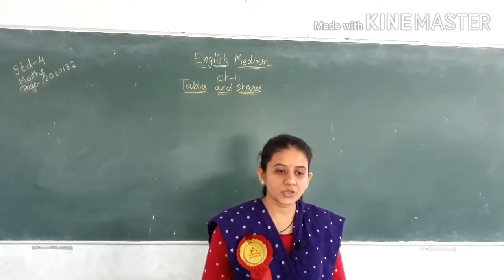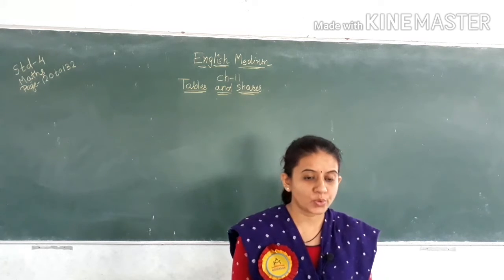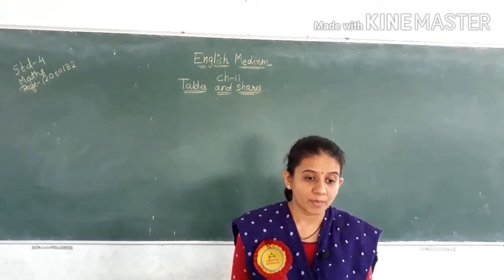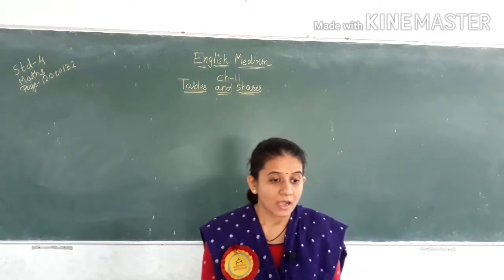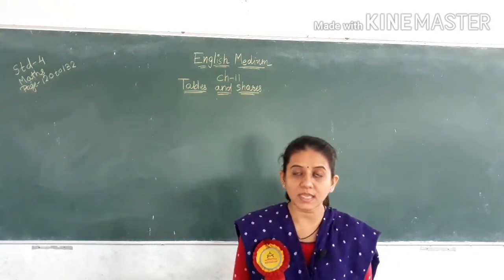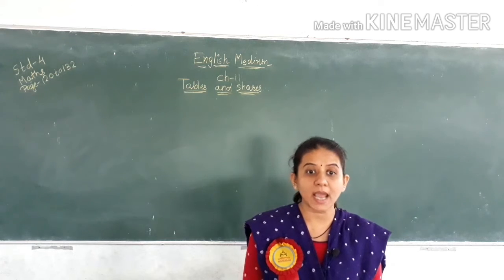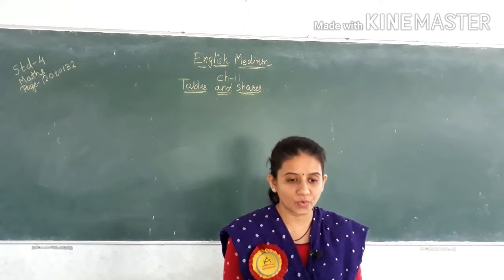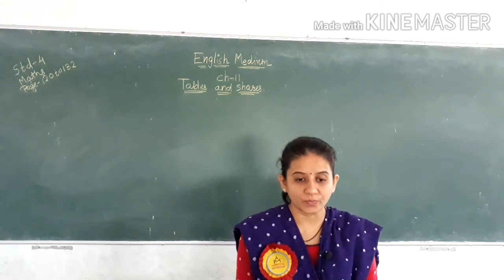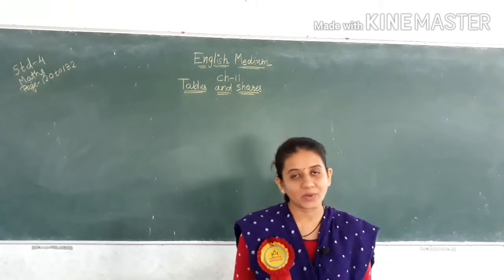Now next topic, children and their grandfather. Rashi, Seema, Mrudul, Rohit and Lokesh ask their grandfather to give them money for the fair. Grandfather says, I have 70 rupees in my pocket. Tell me how to share the money equally among all of you. If you are right, you get this money.